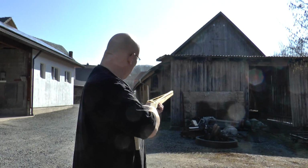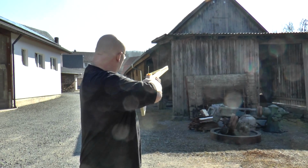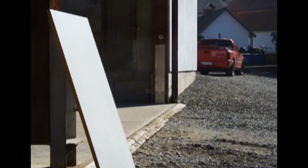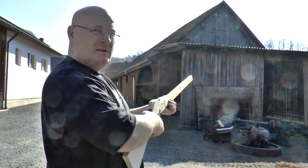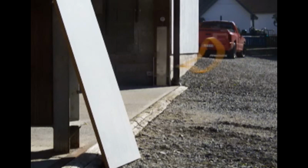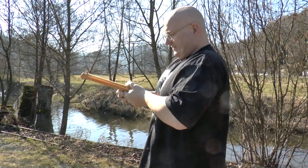First the rubber band only. Ouch. Now the nail. And the hex nut. Toc toc. In comparison,